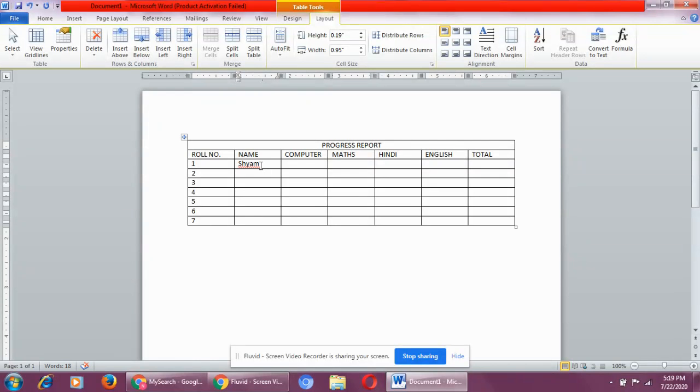Shyam, Amishi, Rahul, Atharv, Priyanka, Gurmeet, Shashank.